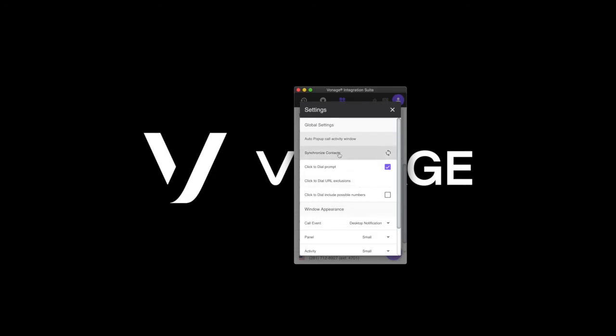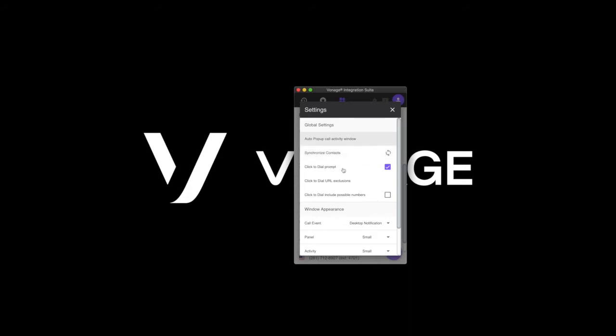Synchronizing contacts is for local users to synchronize large-scale changes that they've made. For example, if they went into the People section of Office 365 and manually added a contact there, and they want that to show up on the next call for Vonage Integration Suite, they can click this Synchronize and it will publish those metadata changes. The administrator has the capability to do a large-scale publish change from the admin portal.